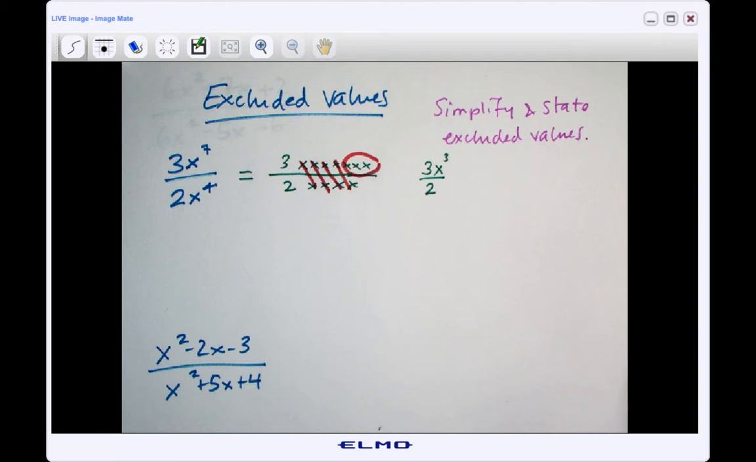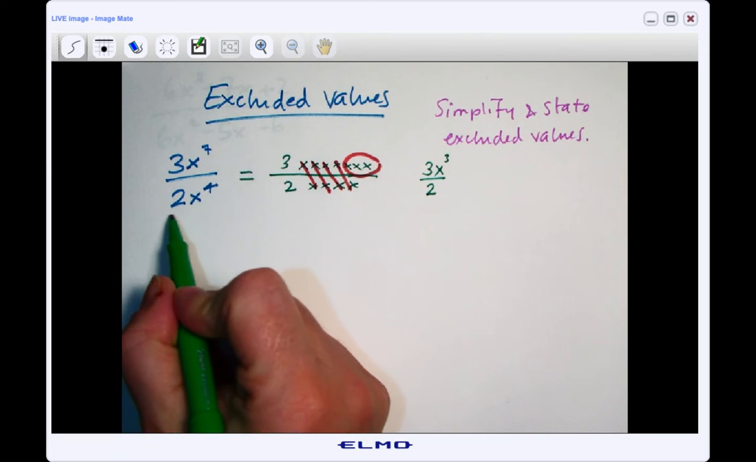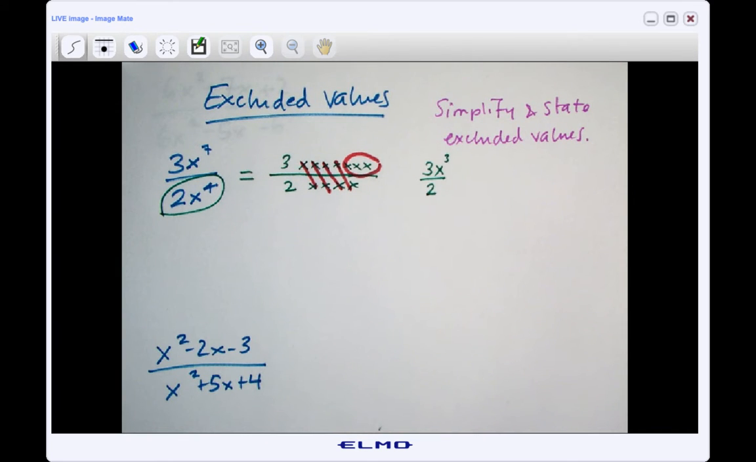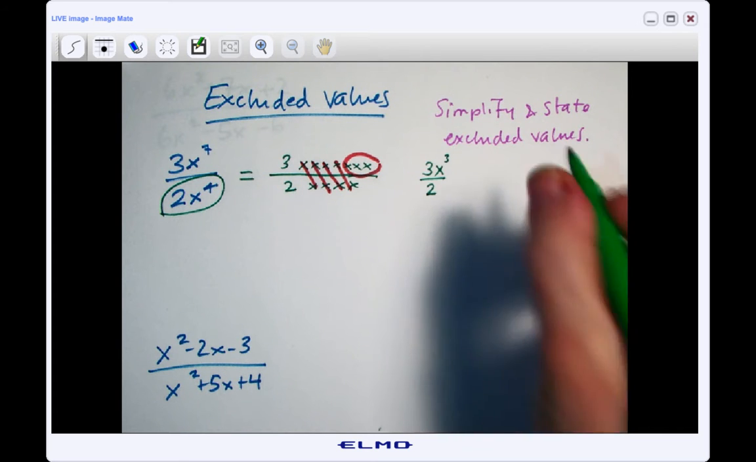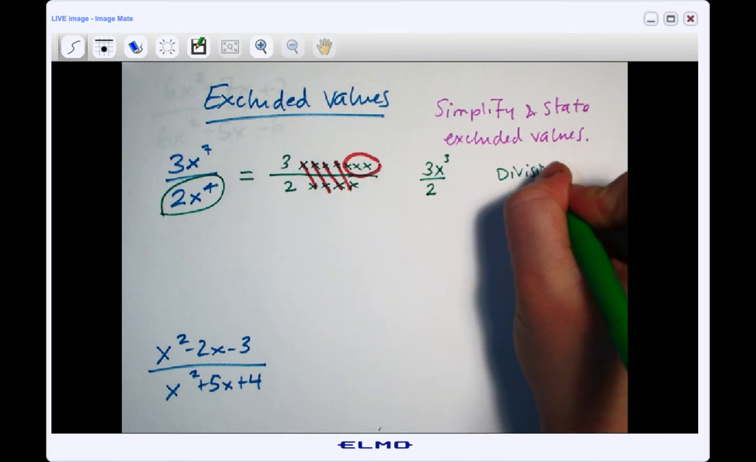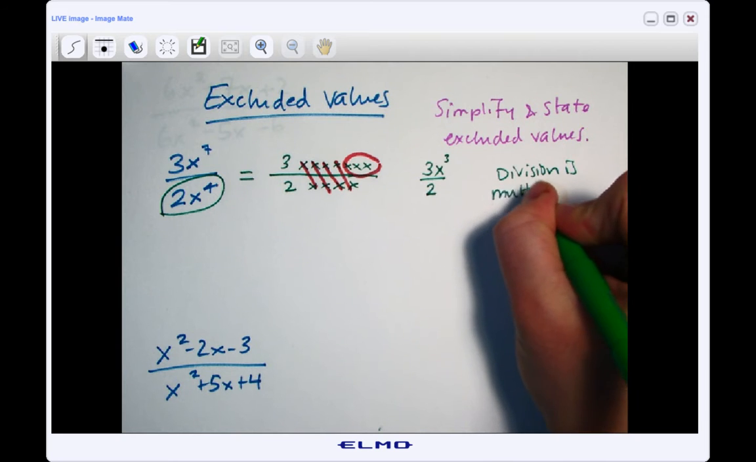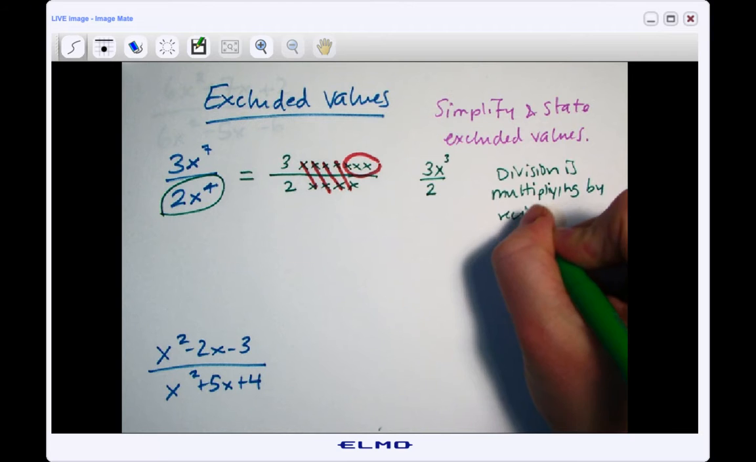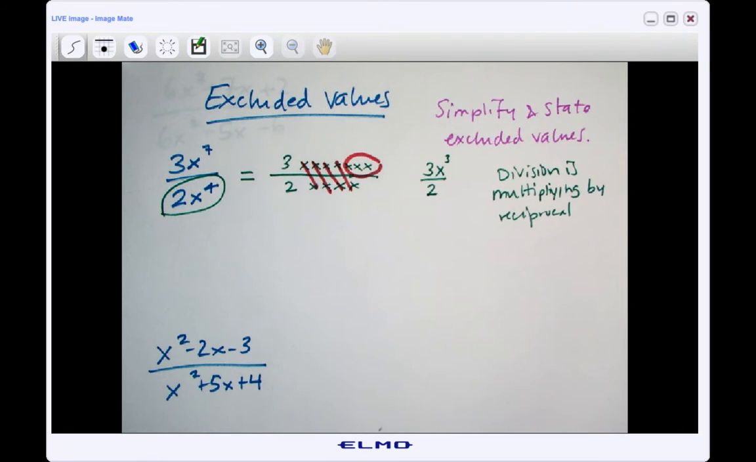Now let's talk about our excluded values. What's going to cause an excluded value here is, well, basically anything that's going to cause this denominator to come out to be a 0. And why is that? Well, you can't divide by 0. By definition, 0 can't be a divisor. And why? Because division is multiplying by the reciprocal. And if you remember, reciprocals